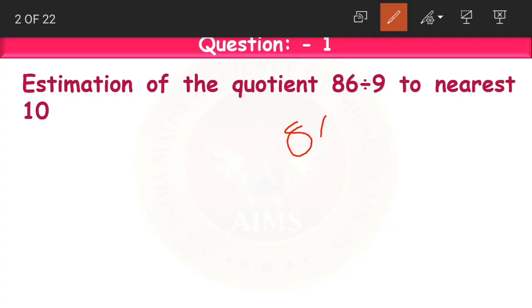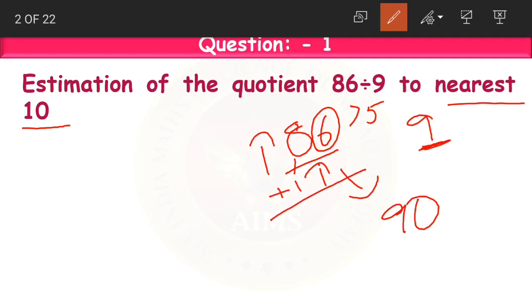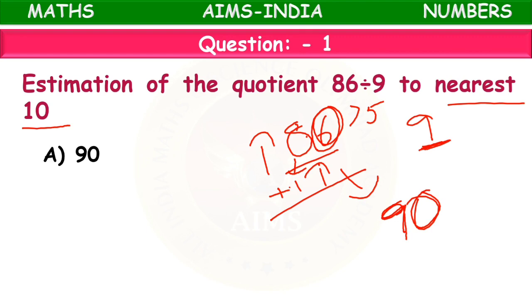Now if you look at the given numbers 86 and 9, now 9 is already a single digit, so it is easier to calculate with it. So we'll not estimate 9, we'll just estimate 86 to the nearest 10. Now 86 estimated to the nearest 10 becomes what, students? It becomes 90. How? See, 6 is in the ones place, it is greater than 5, so we'll round up, that is add 1 to the digit in tens place. 8 plus 1 becomes 9 and replace the digit in ones place with 0. So 86 becomes 90 when rounded off to the nearest tens.